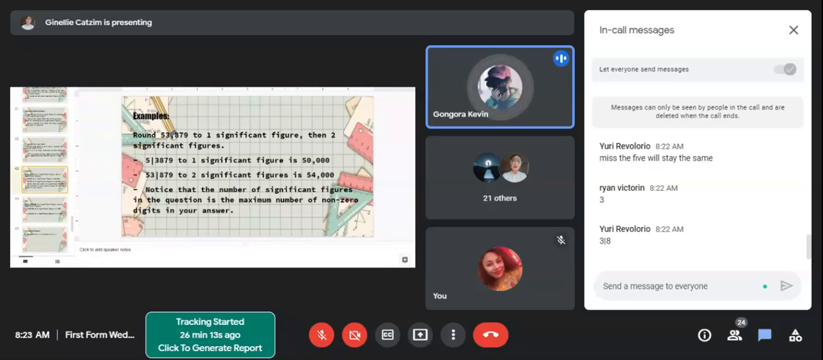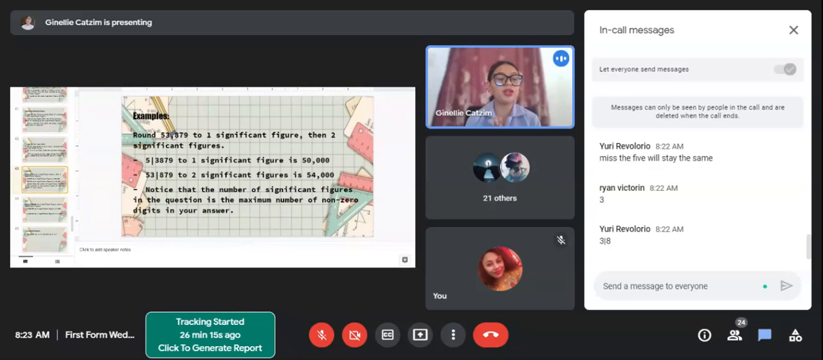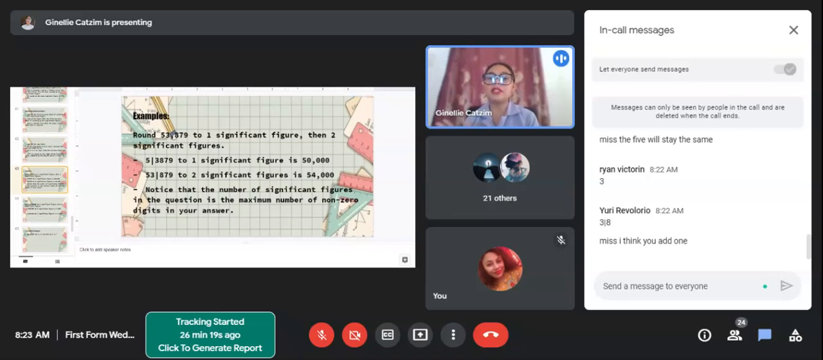It is more, miss. You add 1. Very good, right? We add 1 to the 3. So it converts to a 4, and then we just fill out the rest with zeros, right? So notice that the number of significant figures in the question is the maximum number of non-zero digits